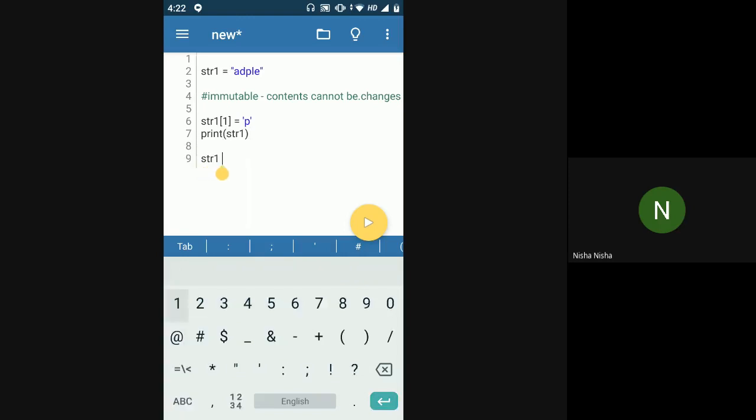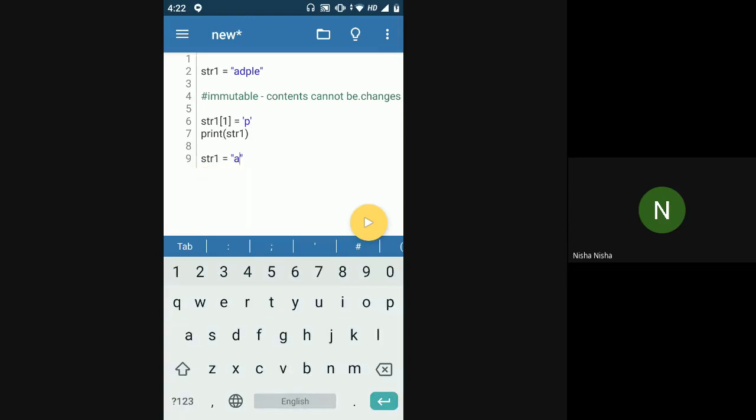I can say str1 is equal to apple directly, and now in this case I am directly changing that string. Now this string is not equal to this string. Okay, I had created some other string here, str1, right? Even though the name is same, this adple was a different string. Okay, and I wanted to make the correction, so I thought maybe I'll change the first character of d to p itself. But in Python, strings are immutable, which means once a string is created, you cannot change the contents of the string. So I could not make this change, this line number 6 change which I wanted to make.